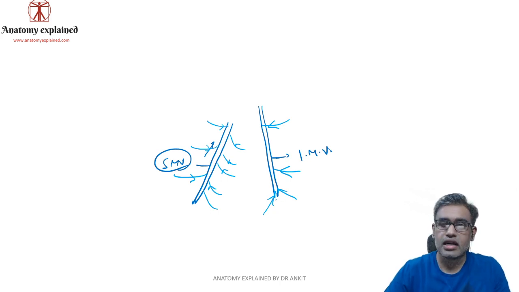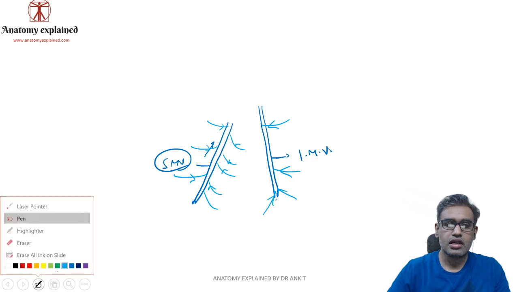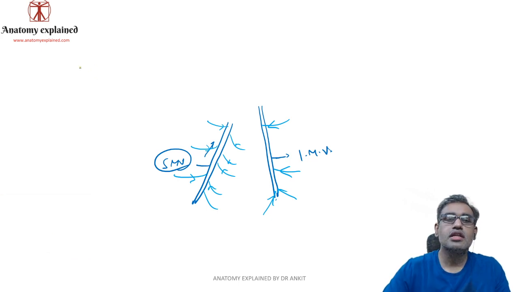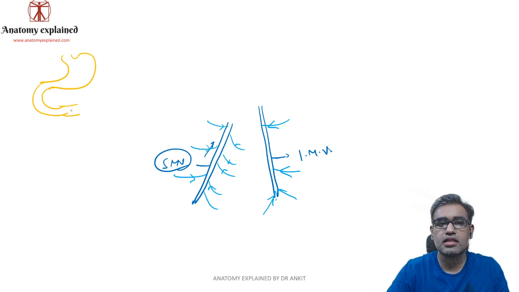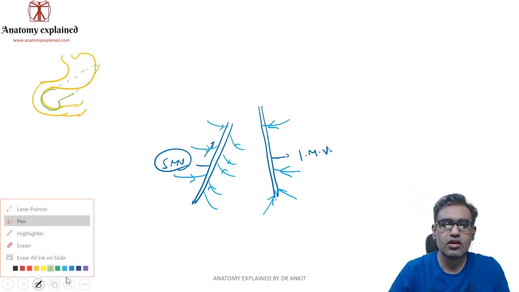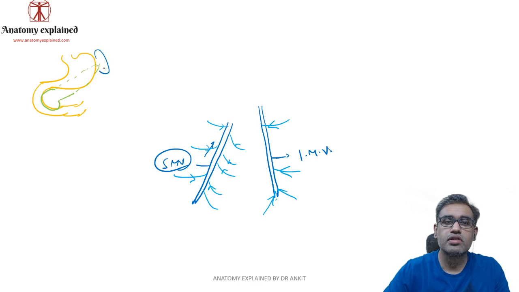Now if you remember a little bit of anatomy over here, we had this as the lesser curvature of the stomach and the greater curvature of the stomach. This was the duodenum part: first, second, third and fourth part of the duodenum, and in the concavity of the duodenum we had the head of the pancreas with the uncinate process, and then it was going behind the stomach, and the tail of the pancreas was ending close to the hilum of the spleen. So this was the spleen and its hilum.